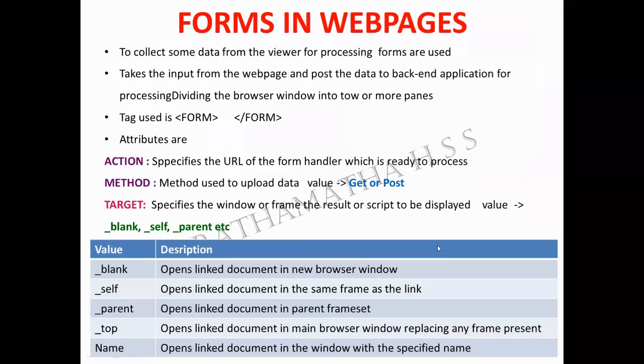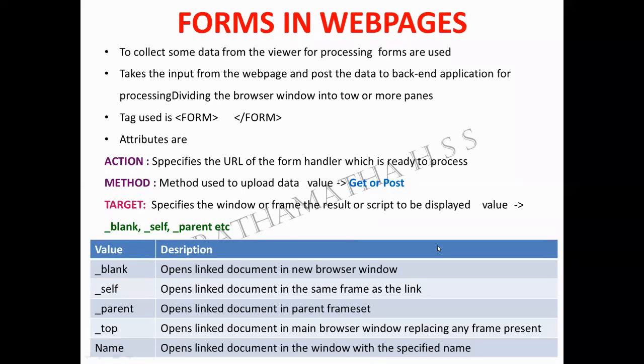Next, this is the last part of this chapter, that is forms in web pages. So what is meant by a form? Application form is the simplest example. Now that you are already in your 12th standard, you would have submitted your application form for your improvement exam and all these, right? So form means a paper in which some details are to be filled in and submitted for processing. That is what an application form is.